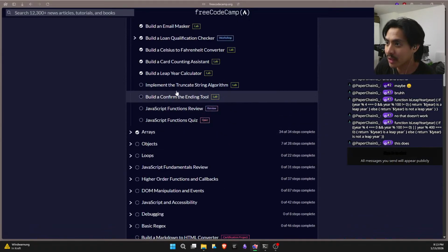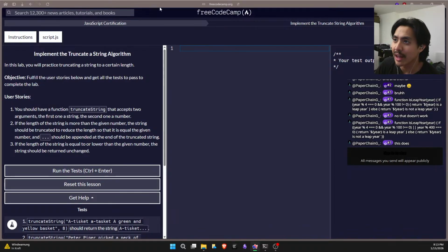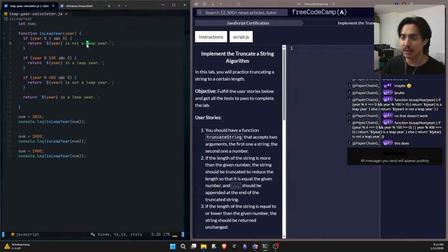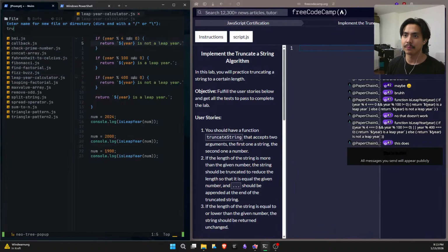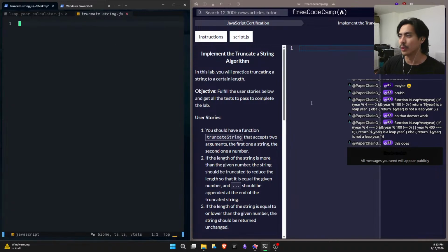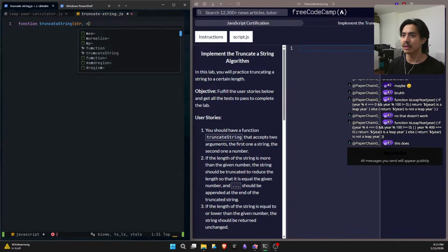Okay. Implement the truncate string algorithm. Okay, I don't know how this works, but let's do it anyways. Let's open a new folder. truncateString.js. Okay, let's go. You should have a function truncateString that accepts two arguments. The first one is a string, and the second one is a number. If the length of the string is more than the given number,